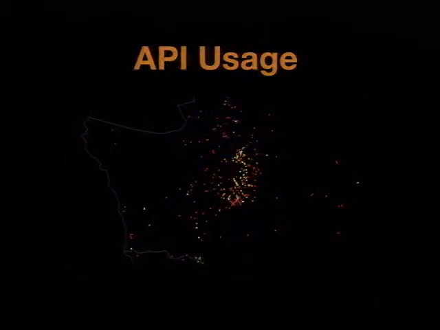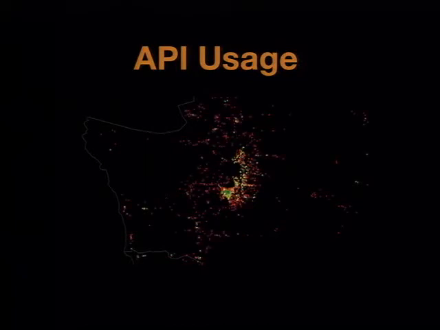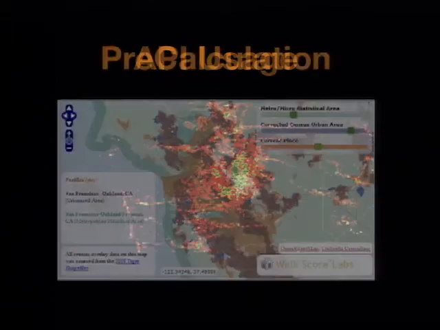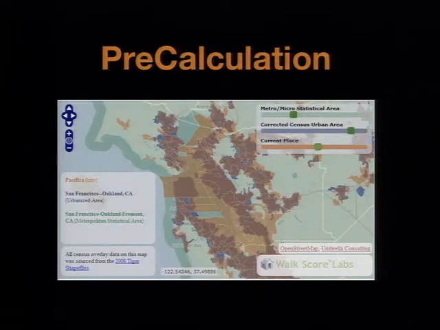The other is, what if we just want to look at the API usage? Who's using stuff in a day or a week or a month, and where are the queries coming in? So this is Seattle API usage over a given time. And we want to know a little bit, are people coming in and maybe doing a kind of survey or an academic study where they're going to request a couple hundred thousand points in a specific area? Is it people just looking at houses all over the place, and when? And this helps us decide where to pre-calculate points. We want to make sure we can respond really fast to places, so we seed the API with some obvious things,